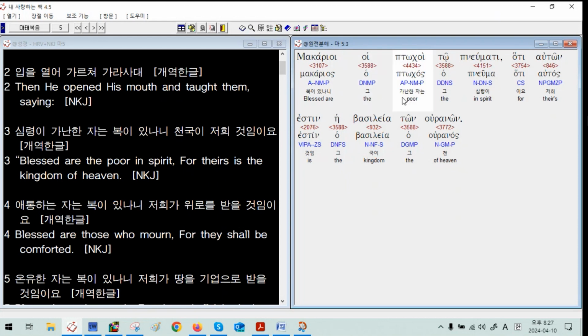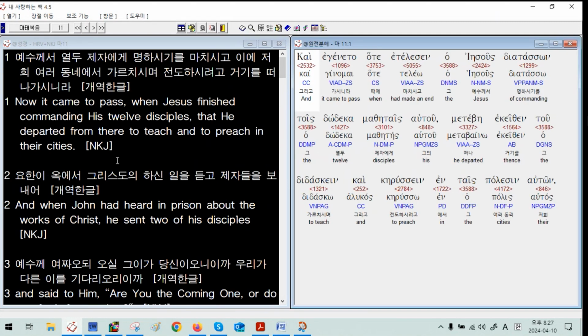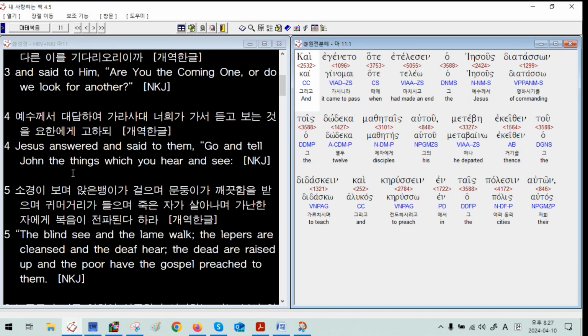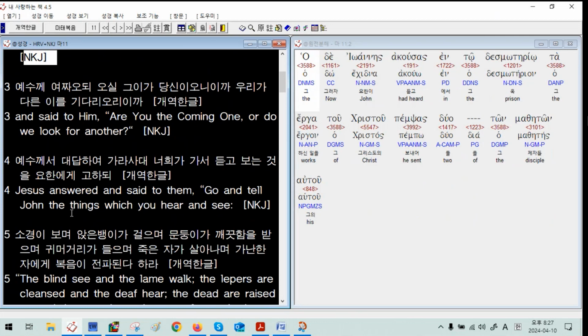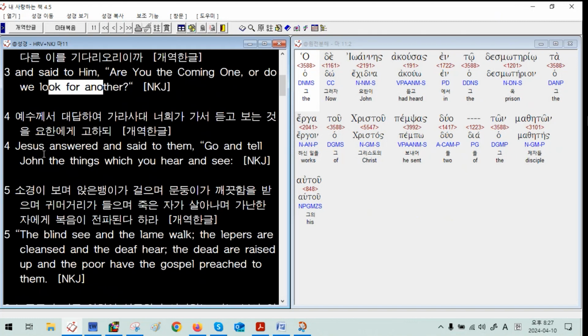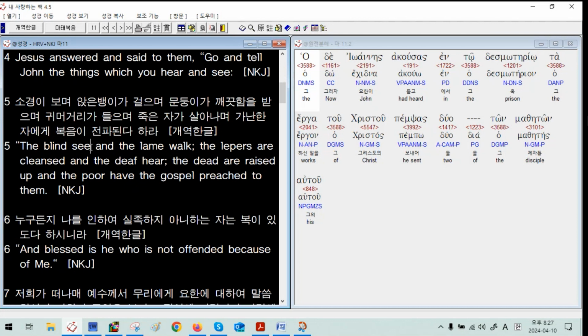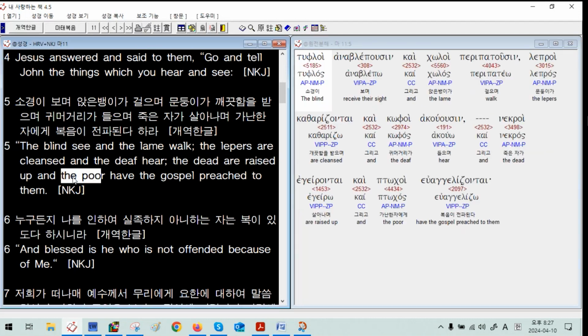Why do you have to become a beggar living by the Spirit? If you are not able to become beggar living, poor living, you are not able to receive the gospel, the good message by Christos Jesus. When we go to Matthew chapter 11 about the beggar, poor living, ptochoi, 11:5: John the Baptizer says, are you the coming one, or do we look for another? He sent out his disciples. Jesus answered and said to the disciples of John, go tell John the things which you hear and see: the blind see, the lame walk, lepers are cleansed, the deaf hear, the dead are raised up, and the poor, ptochos,